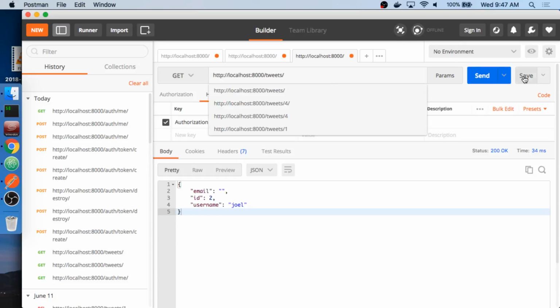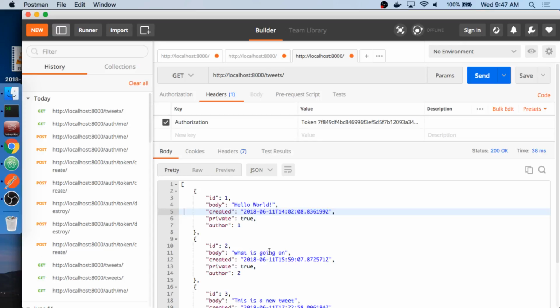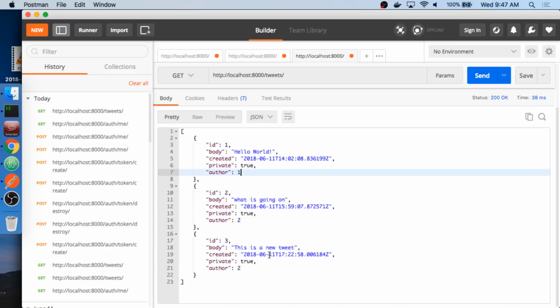So where I want to take this is, one, if I'm not logged in, to not show anybody's private tweets, and if I am logged in, to only show my private tweets in the query set. So this is going to require some filtering, which we haven't really covered, which is kind of a shame that we've gotten this far without covering filtering, but we will absolutely cover it today. The first thing I want to do, we're not going to cover the not-logged-in part here. We're just going to cover the I'm logged in and I only want to see my private tweets, but I want to see public tweets of everybody else.